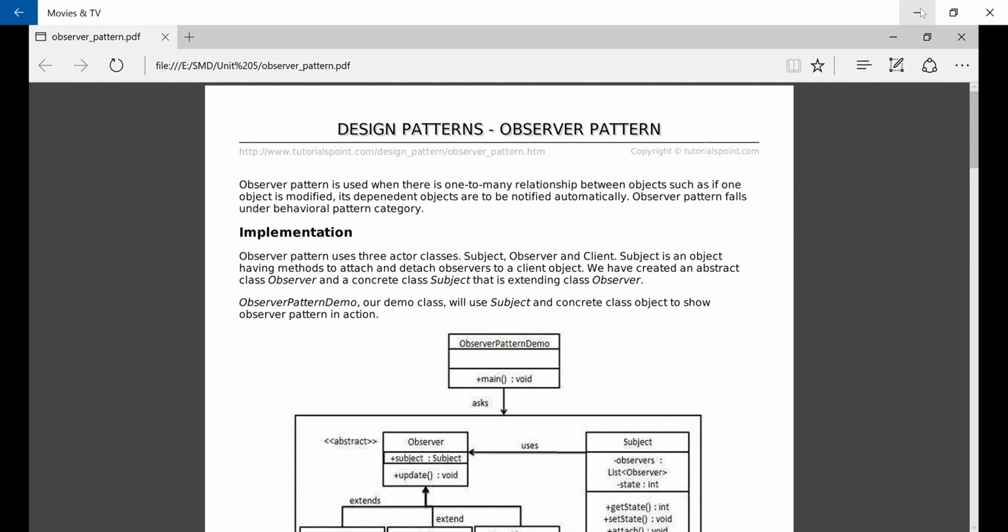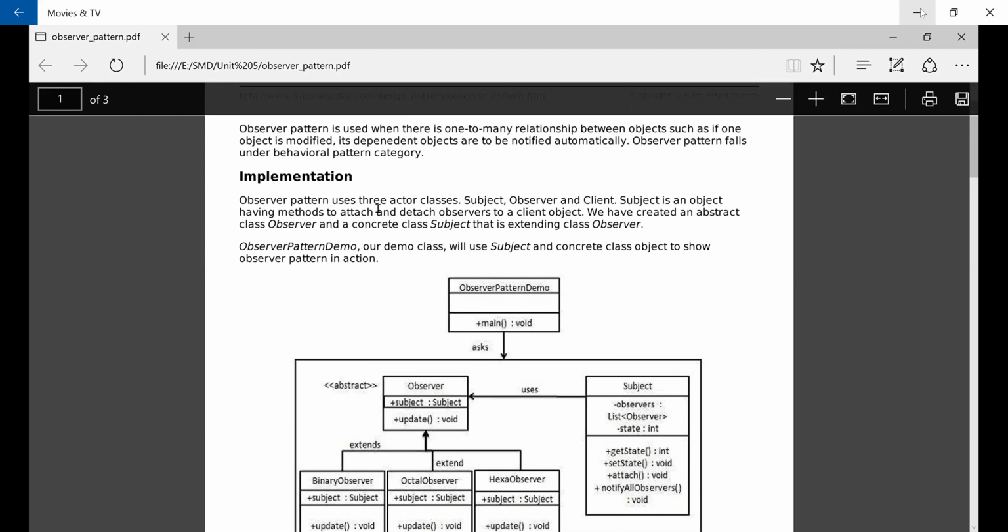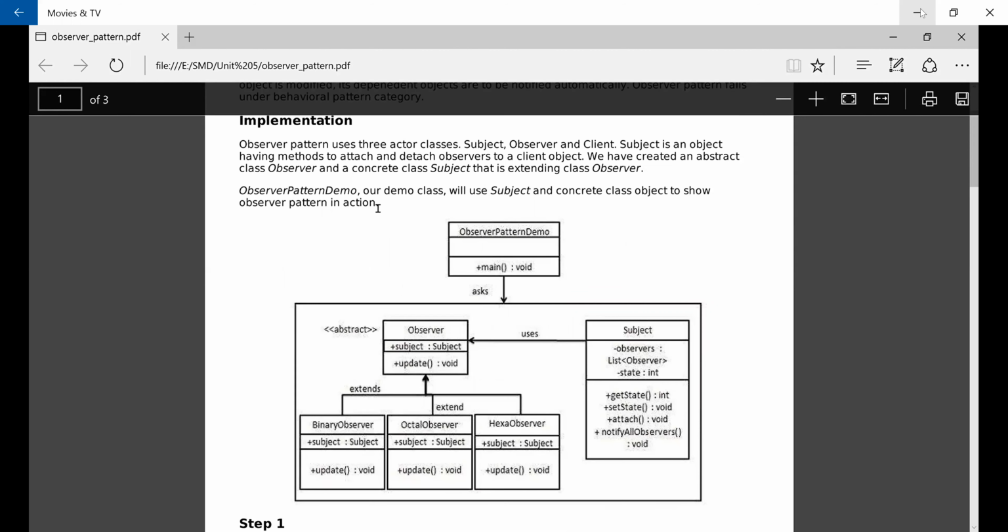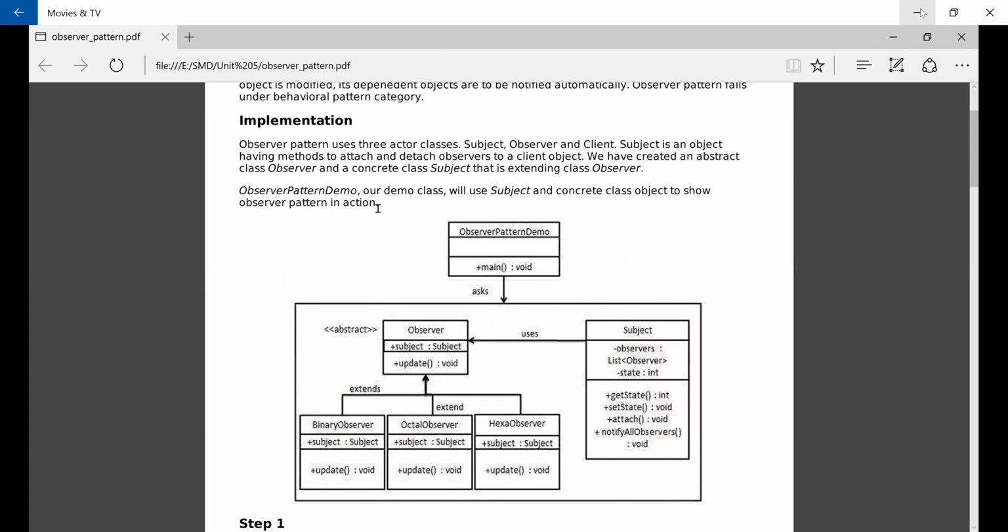So here we'll see the implementation. In the implementation, there is an observer pattern demo class, subject, and observer. The observer pattern uses three actor classes: subject, observer, and the client.